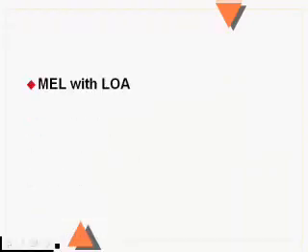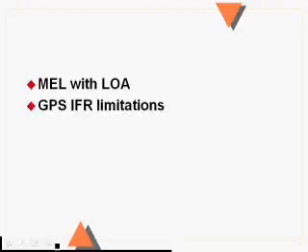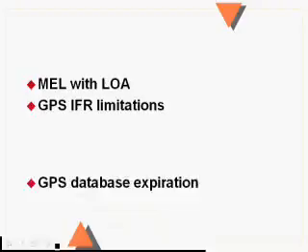Of course, if you have a minimum equipment list, you're going to need that, and it's approved. You need that minimum equipment list with the letter of authorization on board the aircraft at all times. If you have a GPS that's IFR certificated and you're going to use it for IFR, you need to have a piece of paper that says what you can do with it. Usually it'll say you can use it for IFR en route only, or it'll say you can use it for IFR en route and IFR approaches.